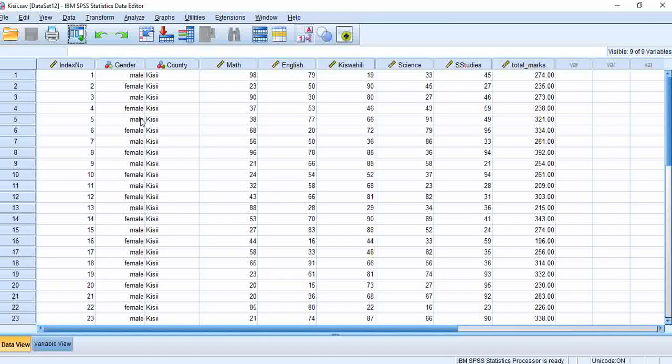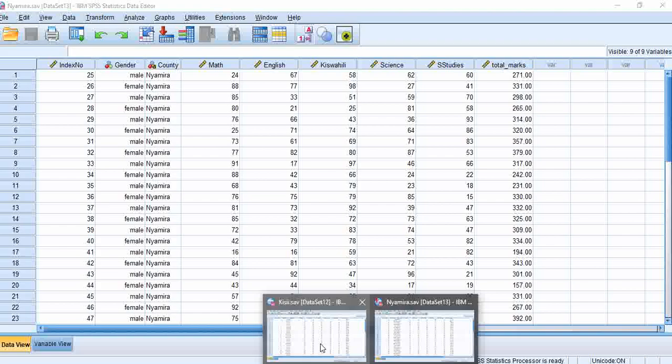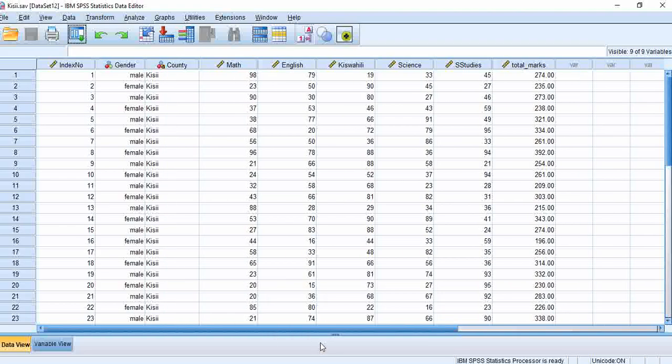Here I have Kisii data where I have index number, gender, county, math, English, Kiswahili, and so on. And then I have total marks there. For Nyamira, I have index, I have gender, and so on and so forth until I have the total marks. What this means is that I have data from two counties. My aim now is to join Kisii data and Nyamira data so that I have merged data for these two counties,